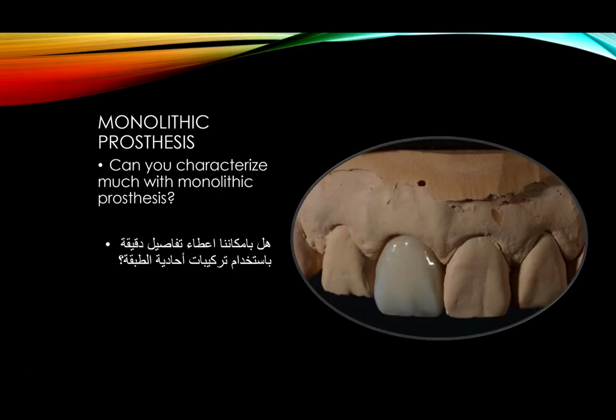Can we characterize much with monolithic prosthesis? Do you guys think that this is monolithic or layered? This was layered, totally layered, just a core of zirconia and then layered. But we will show cases of really nice monolithics that have zero layering. And at a certain point in these videos, I will illustrate as well